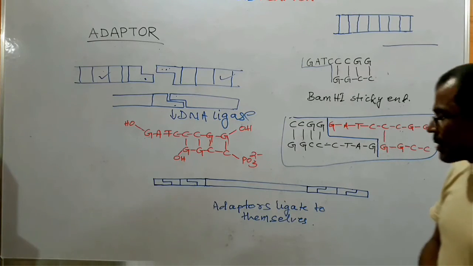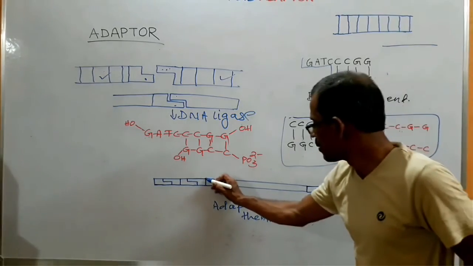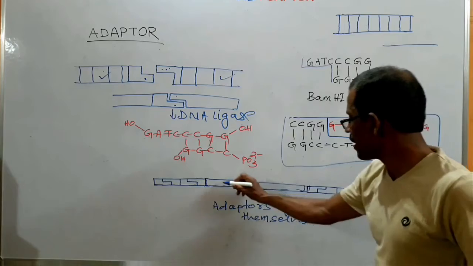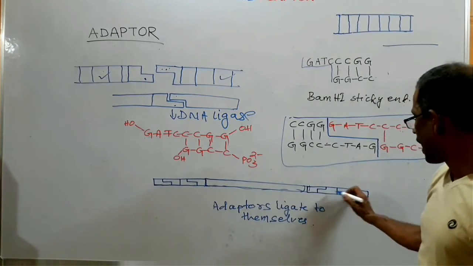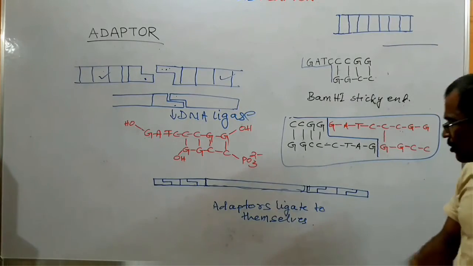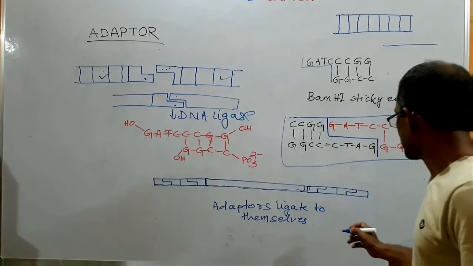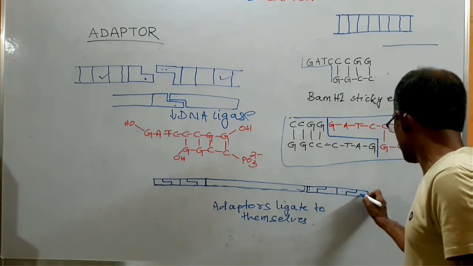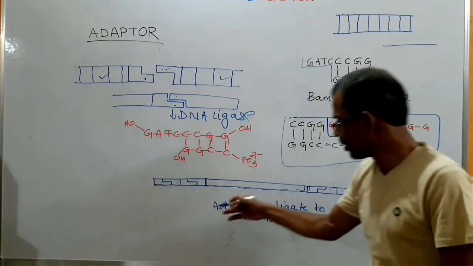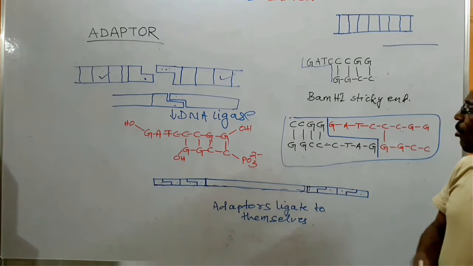Similarly, adapters can also ligate to themselves. For example, this is the DNA fragment. And this DNA fragment has been ligated with adapters by using the enzyme DNA ligase. So here you see on both sides of these DNA fragments there are several adapters. There are several adapters that have been ligated with the help of enzyme DNA ligase. So to overcome this